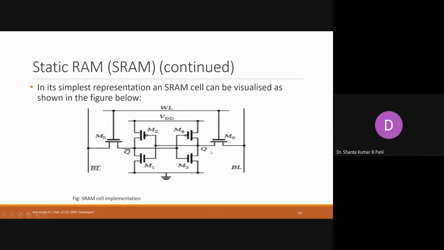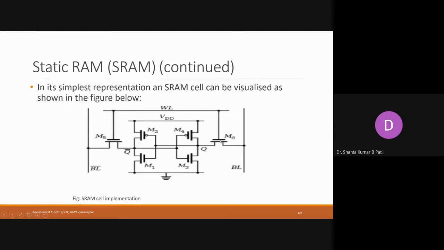So how does it work? For example, BL means it is an active high signal, and the signal on this is high. Any cell that is addressed, these transistor bases are going to receive the high signals. For example, when the processor wants to communicate with these cells, it sends the address signals. Address signals are always high.